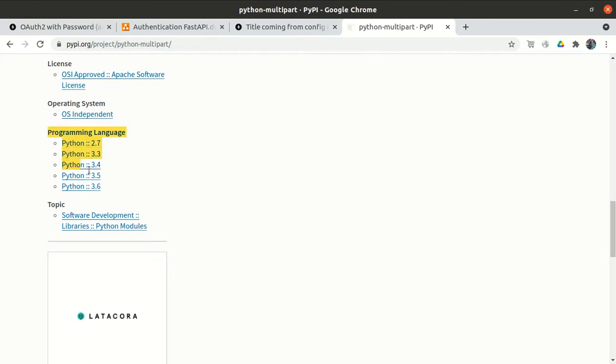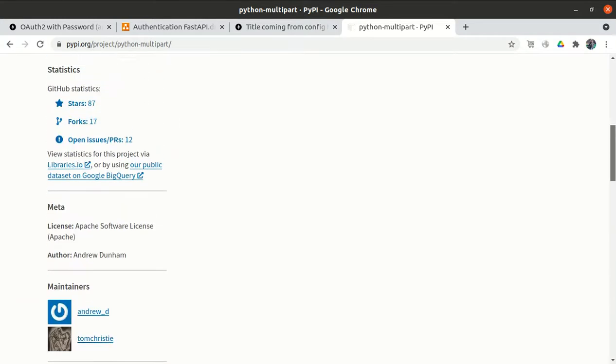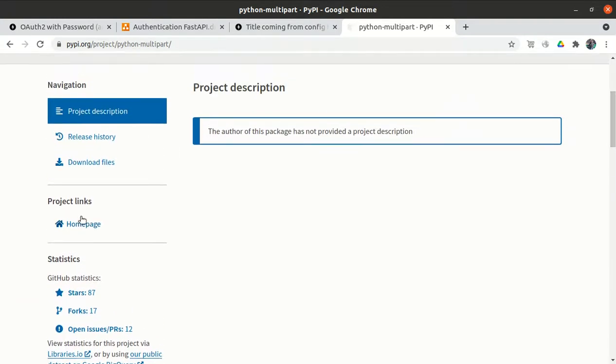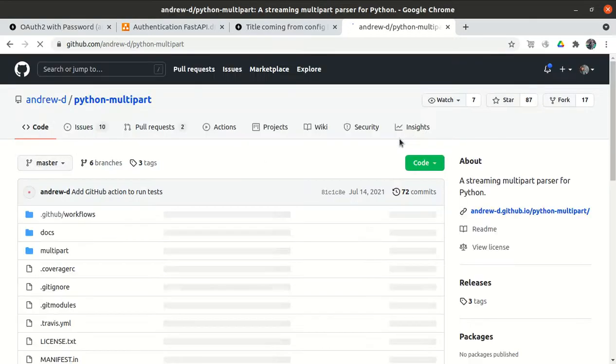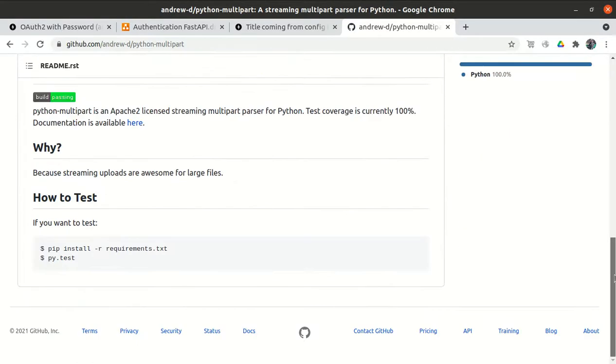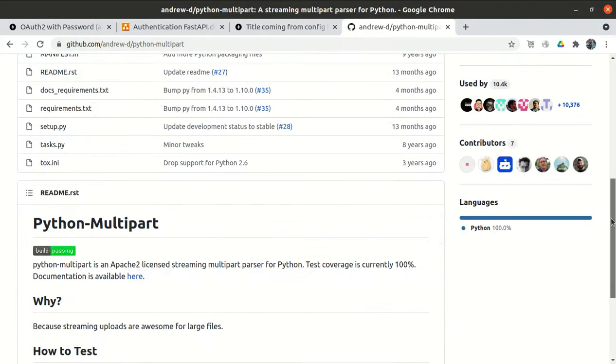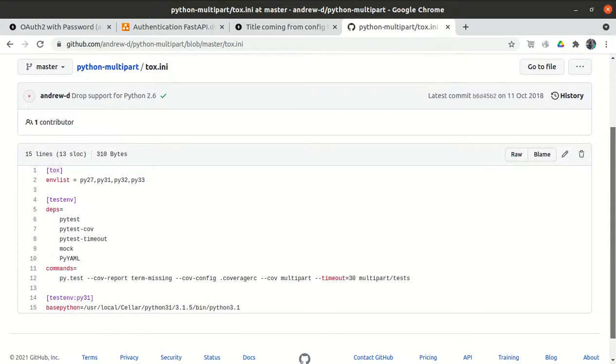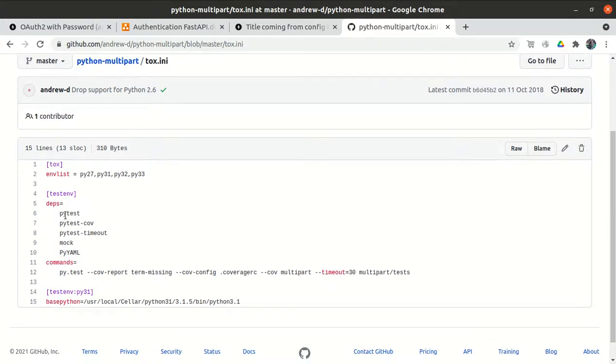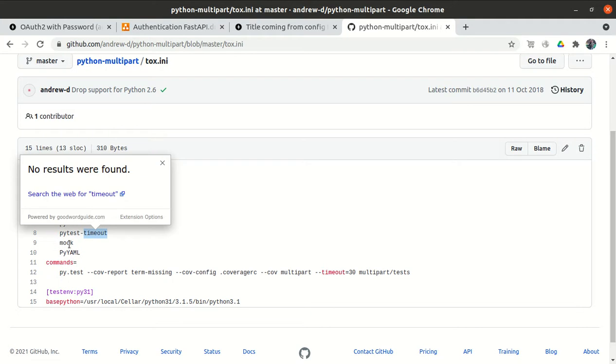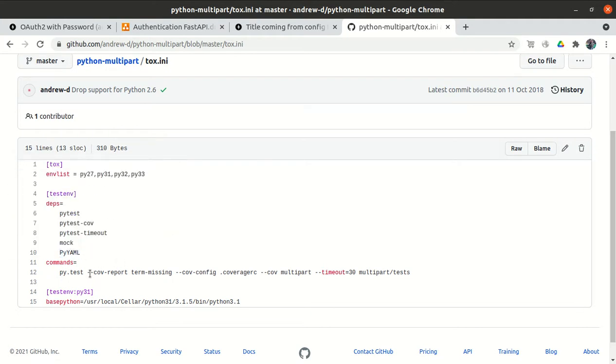Is it because of the Python version? Let me try to reinstall that.